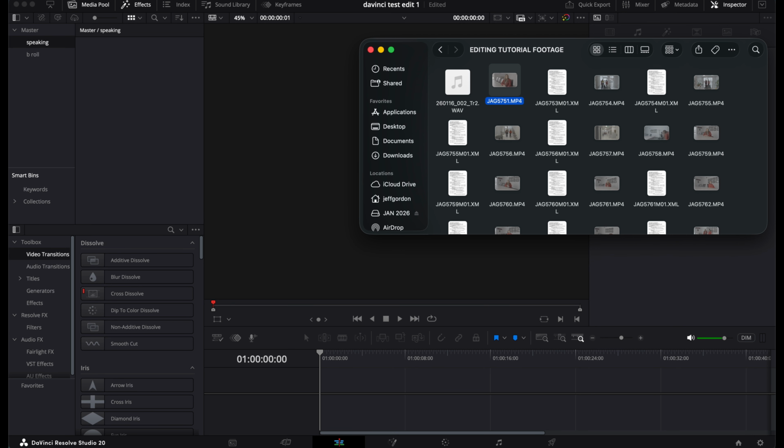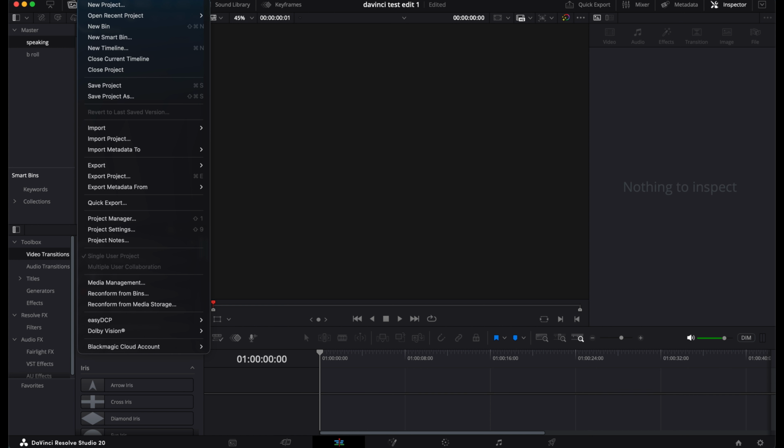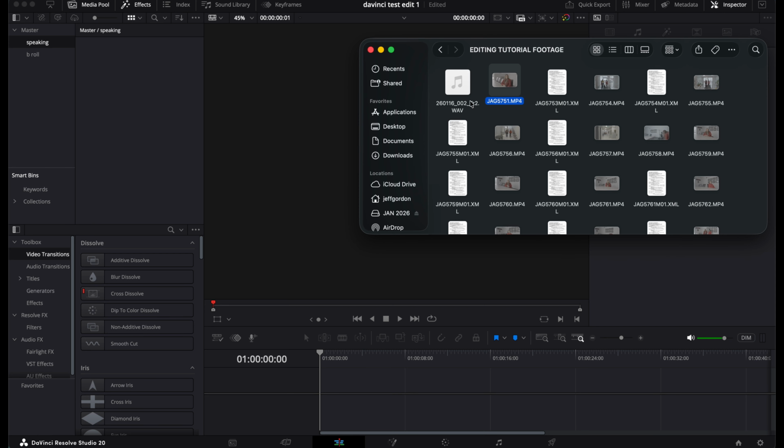Okay, you could go back here and go File, Import, and then find your footage that way. You'd click on Media, and then you'd go find all your files. But you don't need to do that extra step. You can actually just drag and drop. Okay, so I'm going to drag this in, and